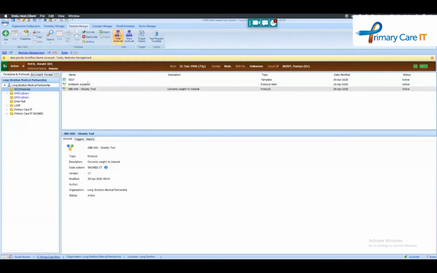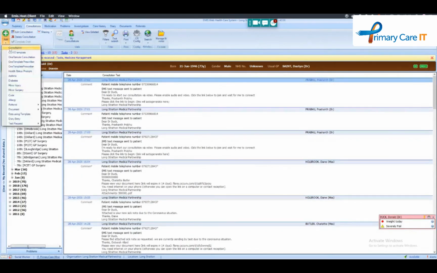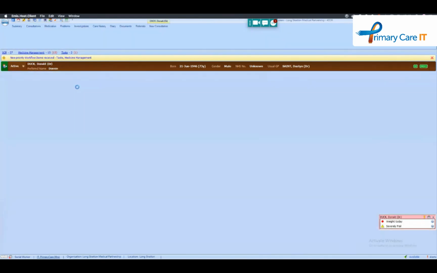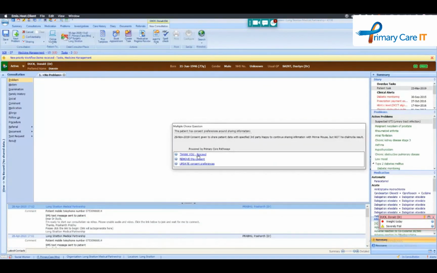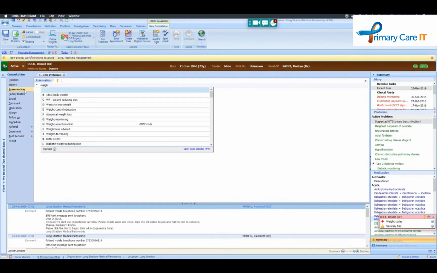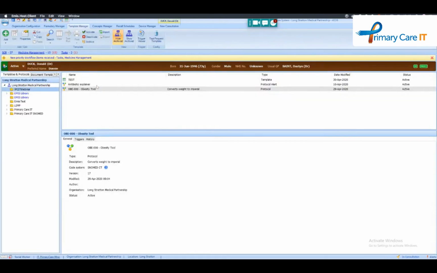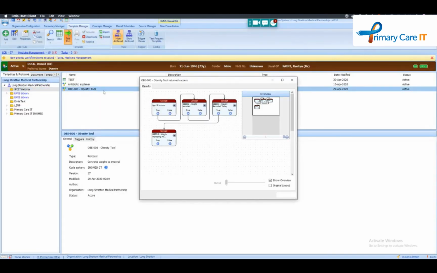So what we thought we'd do is run through this EMIS protocol that has been developed. So the way it works is if you put in a weight. So let's just come away from that. If I put in a weight today of 86, it pops through and it's auto calculated the BMI for me. Now, if I go into the protocol, I don't think that one's actually triggered. If we test run that,